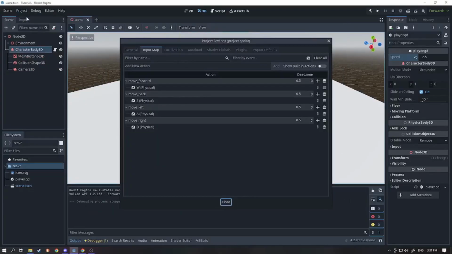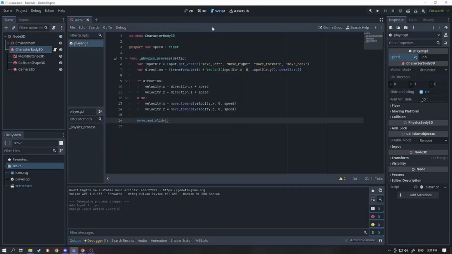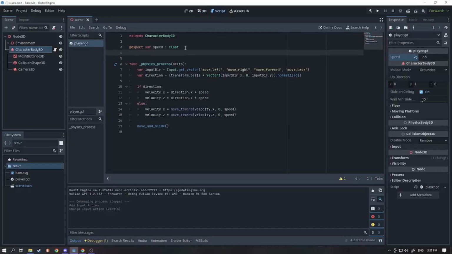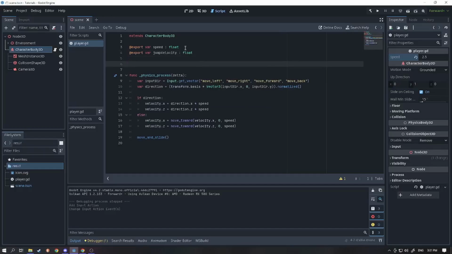First, we want to go back to the input map and add a jump action, binding it to the spacebar. Then, back in the script, we want to know how much velocity we want to jump with, so we write @export var jump_velocity: float. We also need a variable to store the value of gravity in. var gravity = ProjectSettings.get_setting